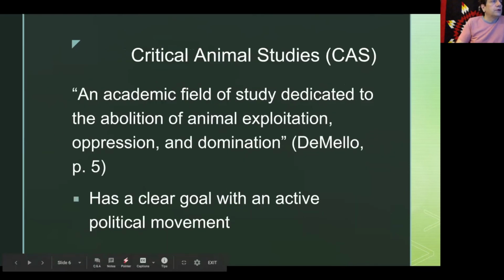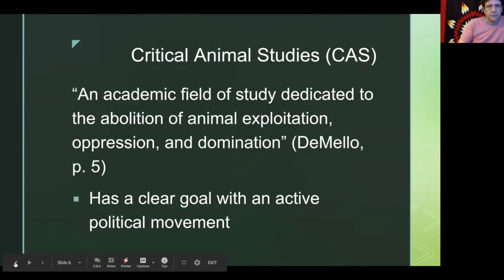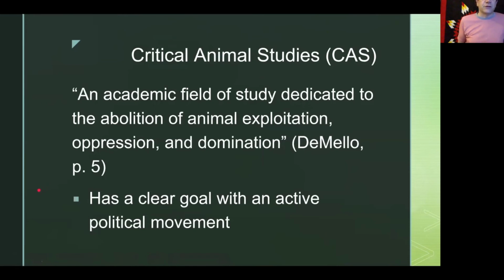All right, so the companion part to human-animal studies. I'll frequently talk about human-animal studies in this class. Human-animal studies is what we've just been talking about, and that was that first definition, basically where humans intersect with non-human animals in their social and cultural spaces. There's another field out there, and it's important to start learning the distinctions between the two different categories: human-animal studies and critical animal studies.